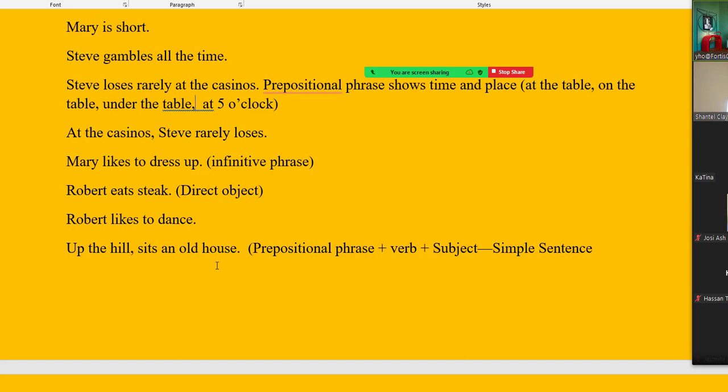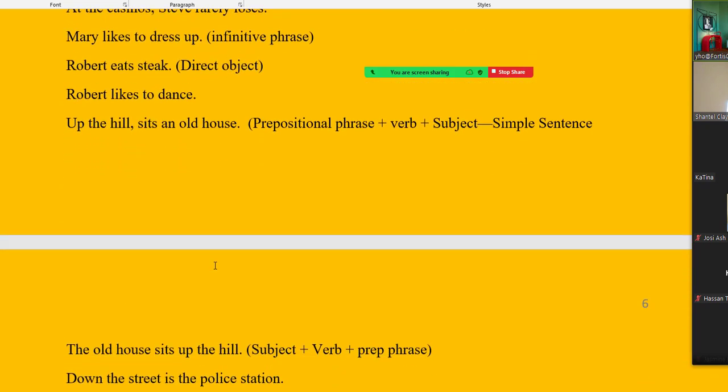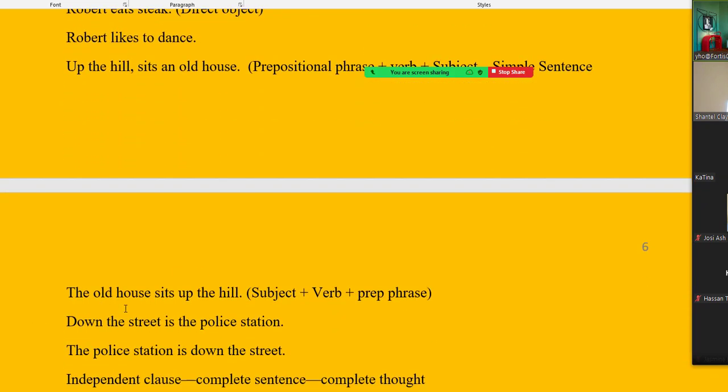Also, if you're British, you talk like this a lot more than Americans tend to. Americans say, the old house sits up the hill. That's a lot more American English. You go to England and it becomes, up the hill sits an old house. I even added a little bit of their accent as well. And yet some of British English has percolated into American English. Also, British English is considered more correct than American English, if you want to know.